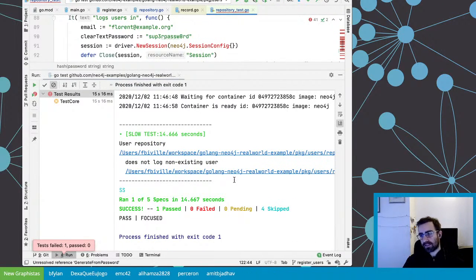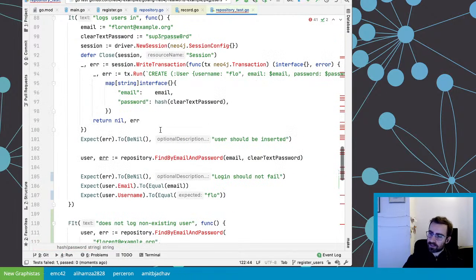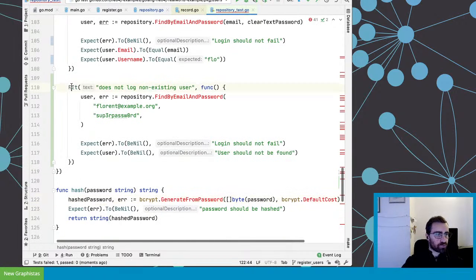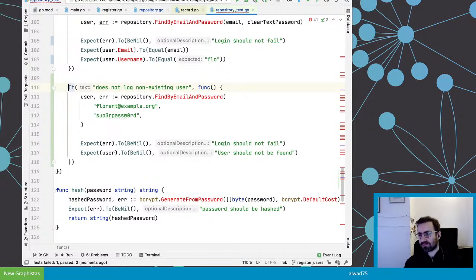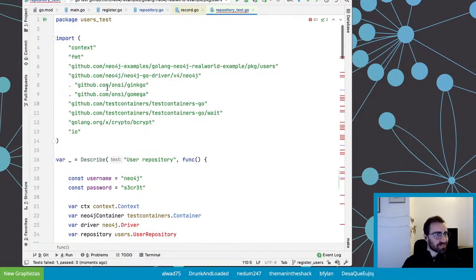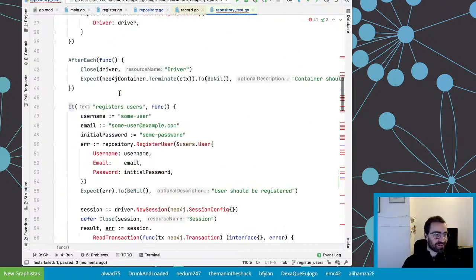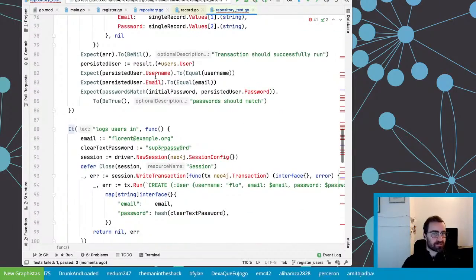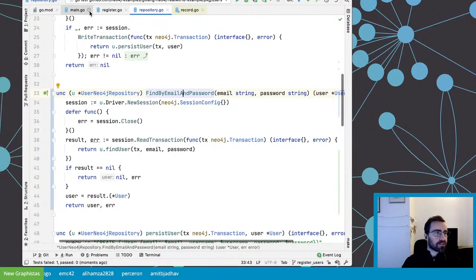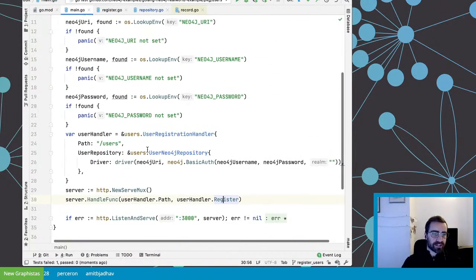And yes, nice. So I think, and we will see that with Postman in a second, that the login is complete, which would bring our second endpoint out of 31. But at least, you know, making progress, slow and steady progress. It's better than no progress at all. So yeah, we're getting there. So nice. So I believe this is done. Repository has the implementation, and the handler is already handling it.